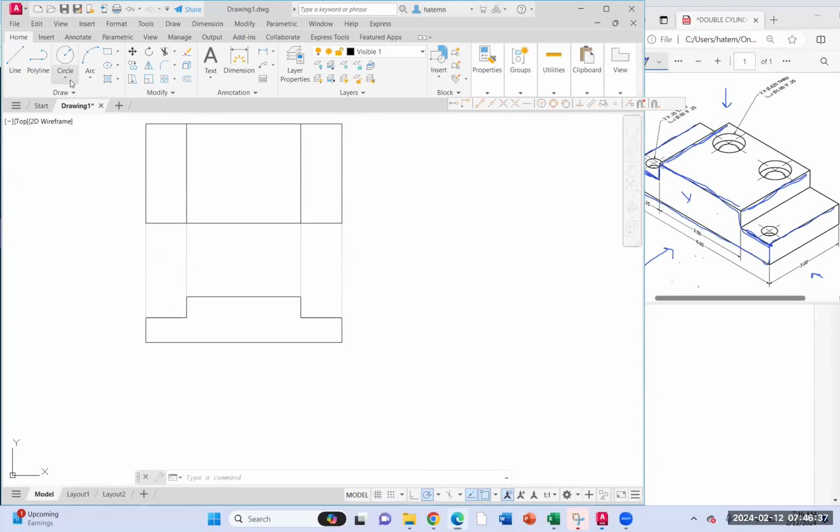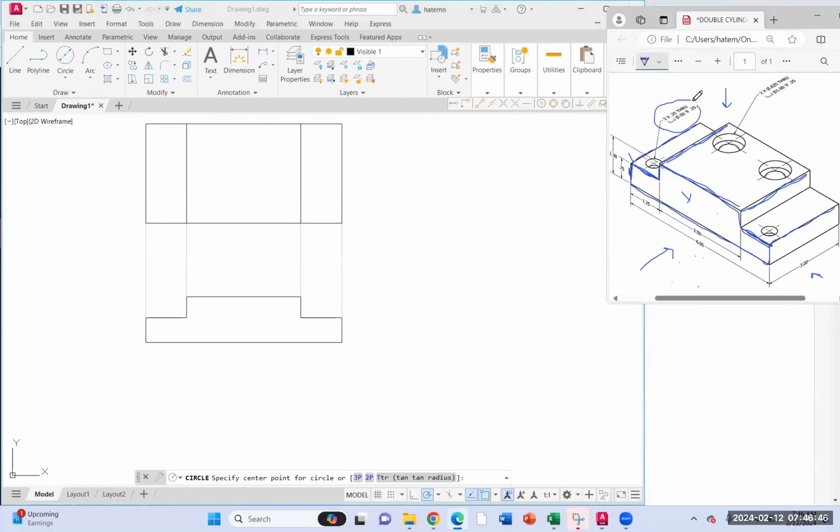So I'm going to go to my circle and my diameter. And it looks to me like we have some information here that might be new, this information right here. So what it's saying is there's 2 times, so there's 2 of the holes, both of these are the same. There's a measurement 0.25, so diameter hole 0.25, that goes through the part, and then a countersunk, or right here, see how that's countersunk, it's counterbore, it goes down only a distance, and that diameter, so this diameter right here, is 0.5 and only goes a distance of 0.25. So the distance down we're going to need for this drawing, but for the top view, all we're looking at